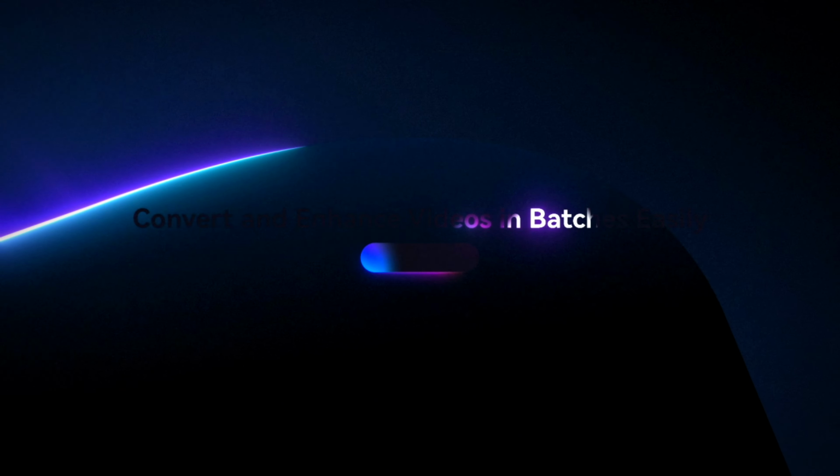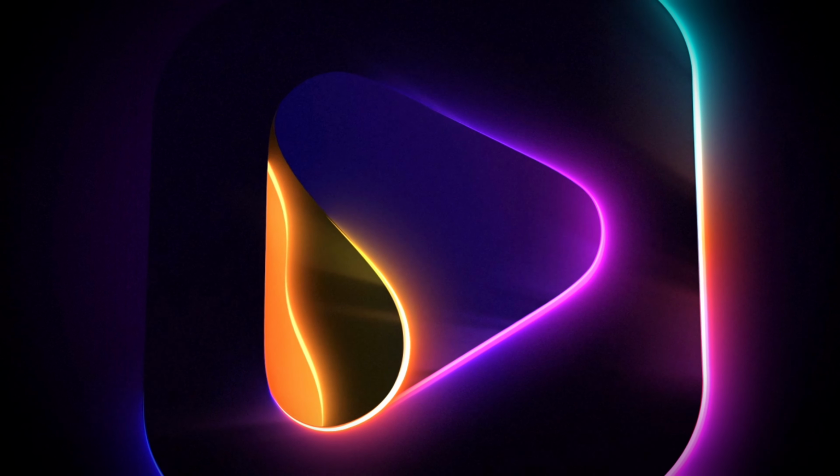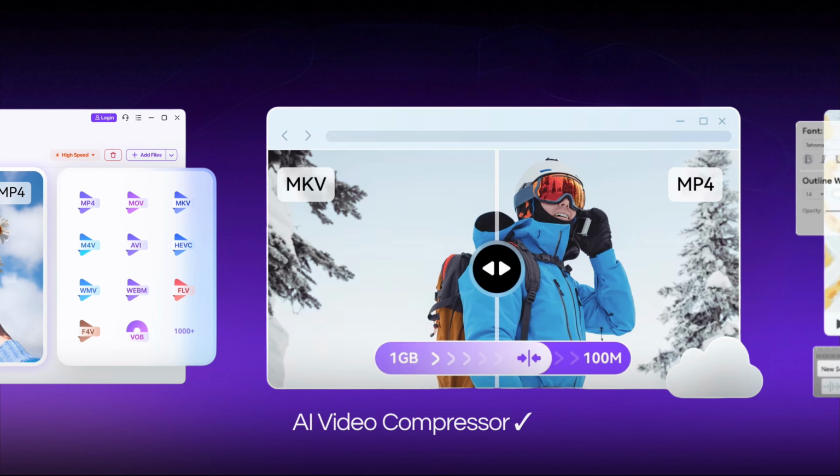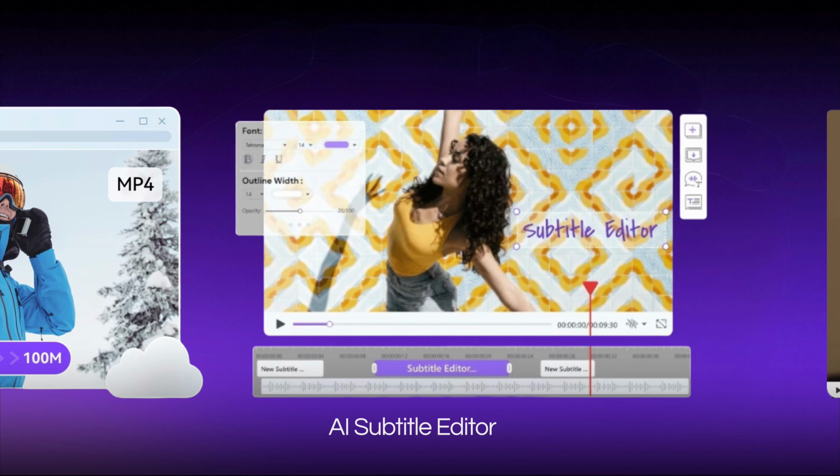It supports batch processing for multiple projects at once without any hassle. In today's video, we'll explore some powerful features like video converter, AI video compressor, AI subtitle editor, even speech-to-text and